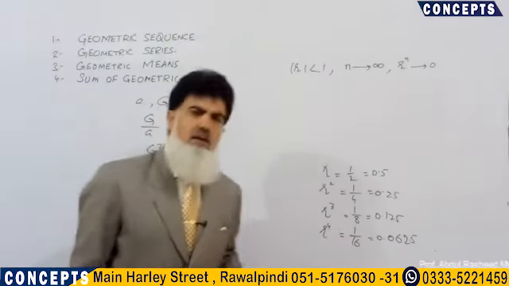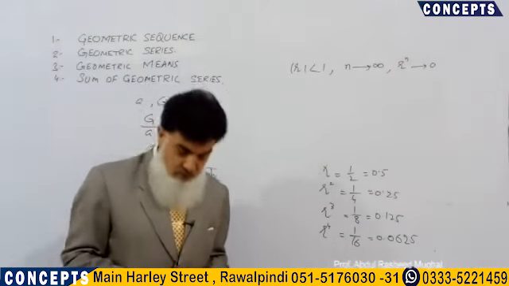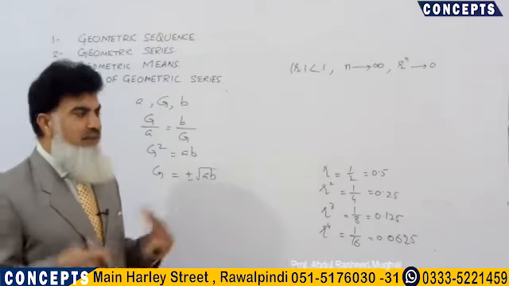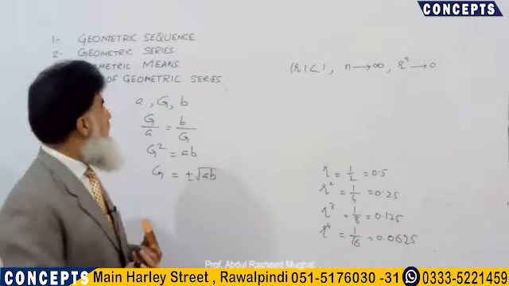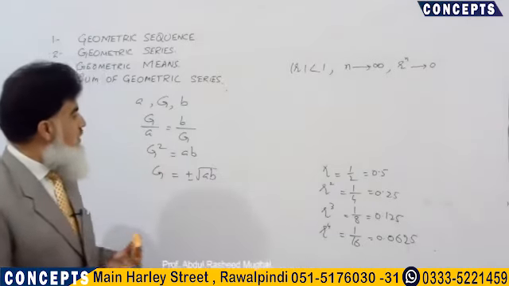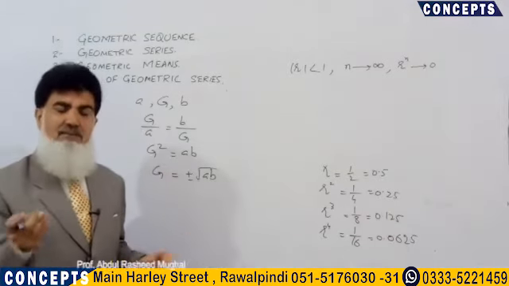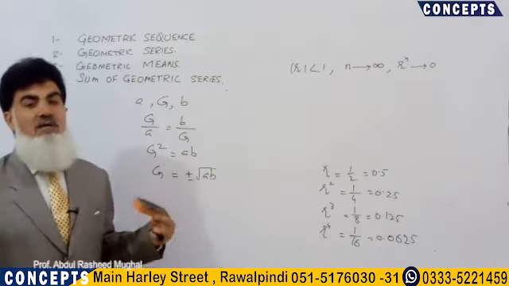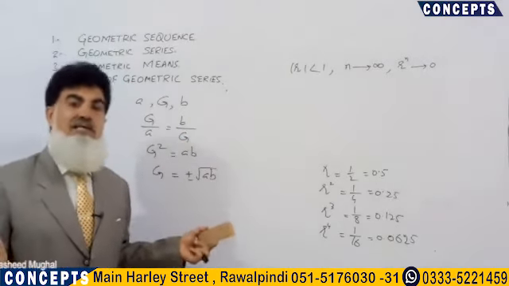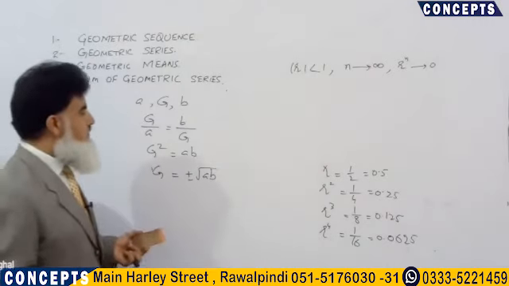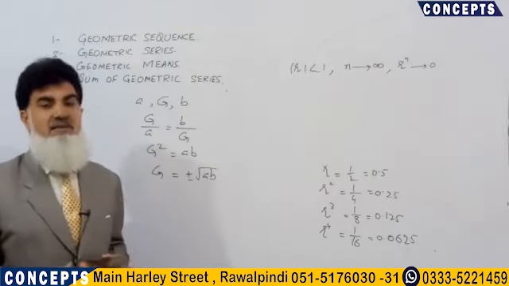There are many important questions related to the formulas which we have derived today in this lecture. In the next lecture, I shall try to solve some of the important questions using these formulas. This doesn't mean that there is only one geometric mean between A and B. There can be 2, 3, 4 and many more geometric means between the given two numbers. I shall try to solve some of the questions which are important from the examination point of view.